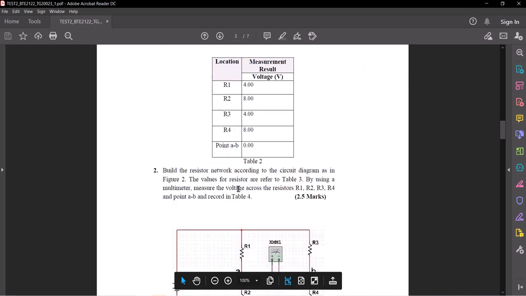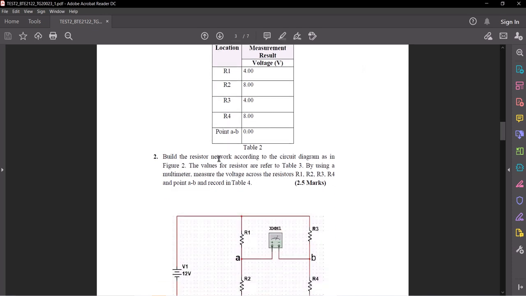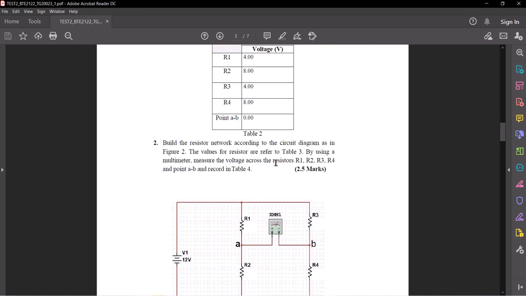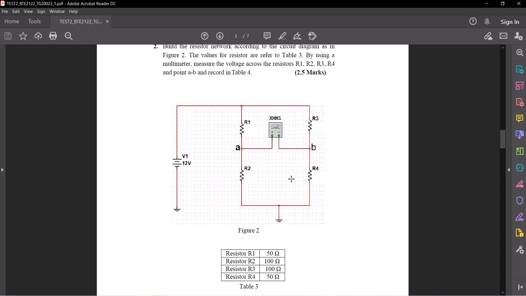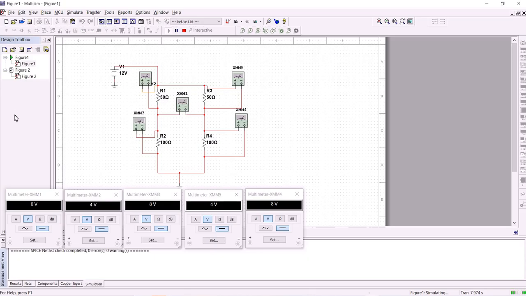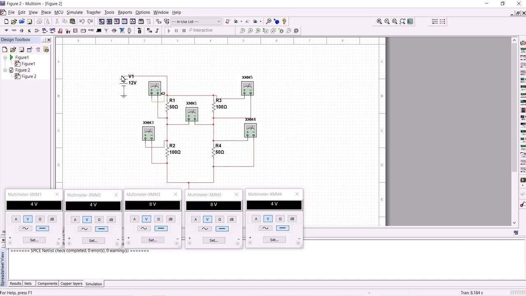So the next step is to build the resistor network according to the circuit in figure 2 and also measure the voltage across resistors R1, R2, R3, R4 and point AB. So this is figure 2. Okay, so based on figure 2,